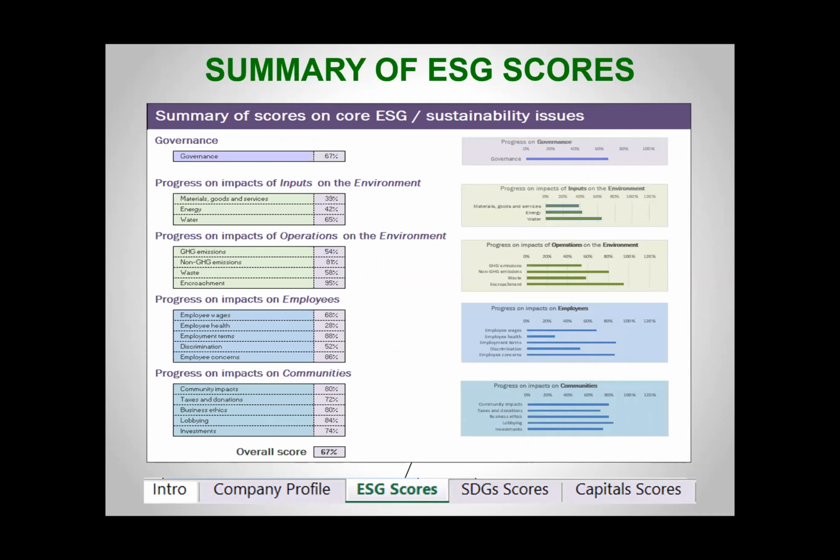It's a summary of the scores on the things that we just talked about, on inputs and outputs, on employees, on communities. It's expressed as percent scores, percents out of 100 on all of those things, 100 being is not doing any harm on those things. Over 100 means it's doing some good on them. And you've got a bar chart representation of them as well. So pretty straightforward Excel functions that allow you to do that.